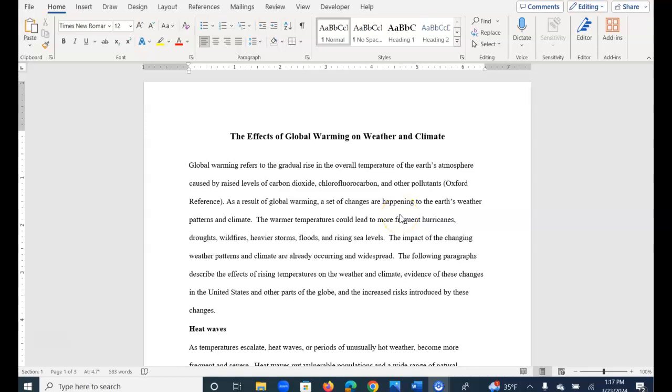Hello. Instructions for the assignment called Global Warming for Module Word Processing B. You're opening the ending file and we'll be covering footnotes and works cited or references for the MLA formatting style. So this one has been done for you, and I just want to go over what you would have done